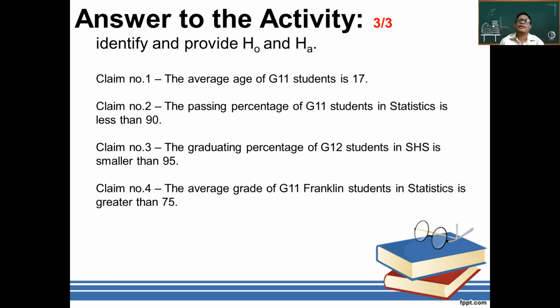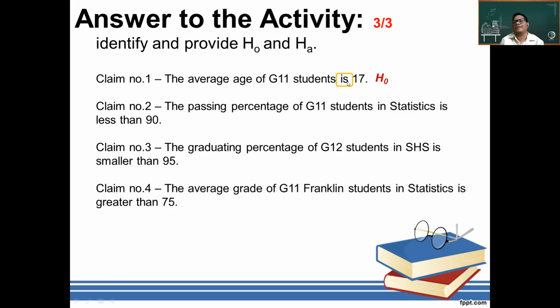So if you want to check if the statement is correct, or test if this statement is true, then you will make assumptions. You will make a prediction whether it is correct or not. But before that, you need to study the sentence first. What is the parameter being used? The parameters here are the average age and the grade 11 students. What is the word being used to identify the two parameters? It is the word